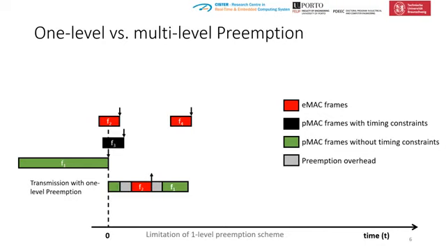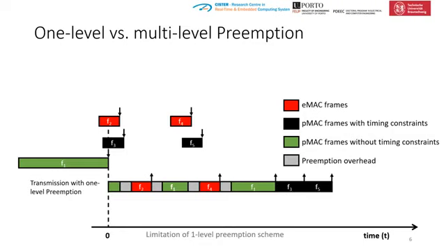Remember, frames in the same category cannot preempt one another, and there are just two classes of frame. So this continues even for the other arriving black frames, and they are only able to transmit after the complete transmission of the green frame. This kind of delay can be significant and can be up to 120 microseconds per hop, considering a 100 megabit speed Ethernet link. So to alleviate the condition of this kind of frame, we propose a multi-level preemption scheme